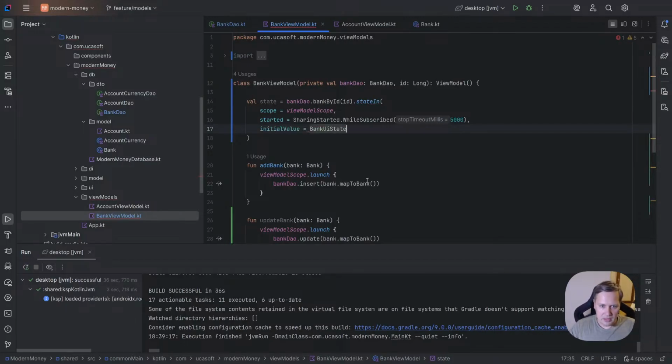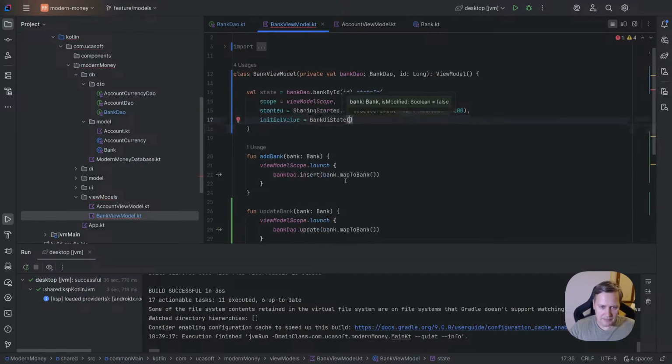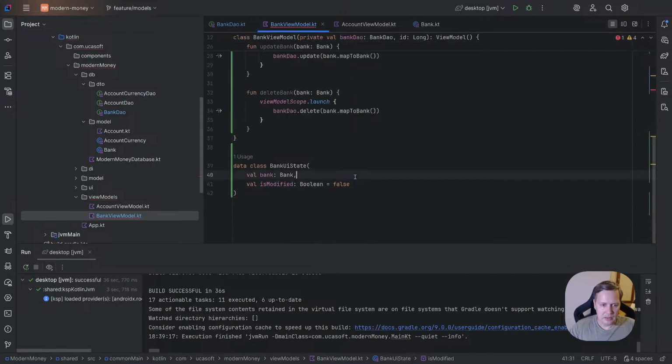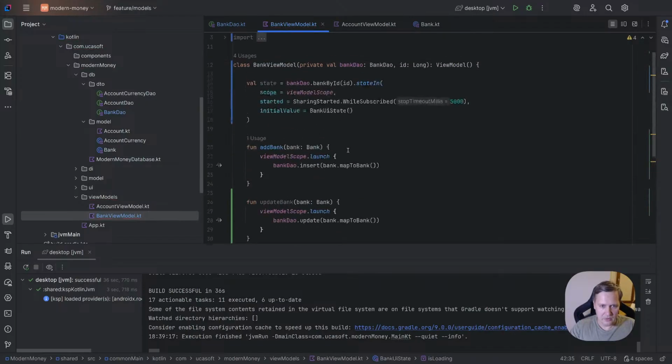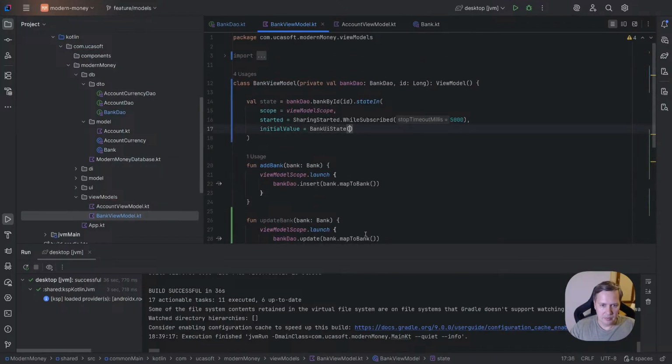bank UI state, and here we need slightly more. We need maybe bank nullable, we need is modified, and of course we need is loading as boolean, and of course also false by default. And here we can provide is loading true. Cool. So we have bank ViewModel,